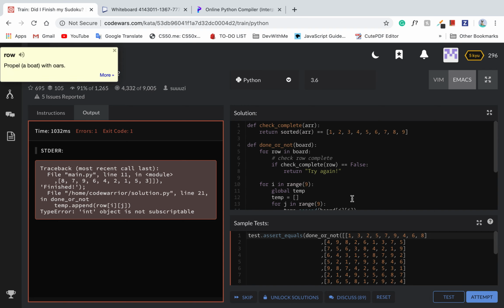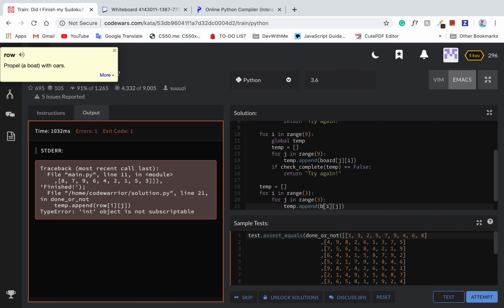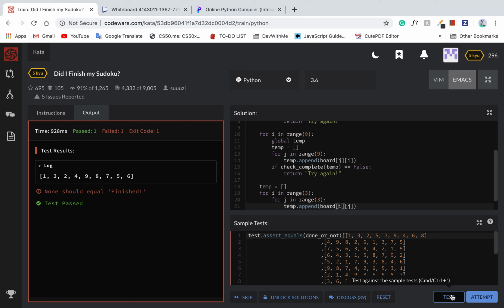Well, maybe we still can use row. And then what we saw is it actually did exactly the same thing as I wanted. It gets the 1, 3, 2, 4, 9, 8, 7, 4, 5, 6. And now what I need to do